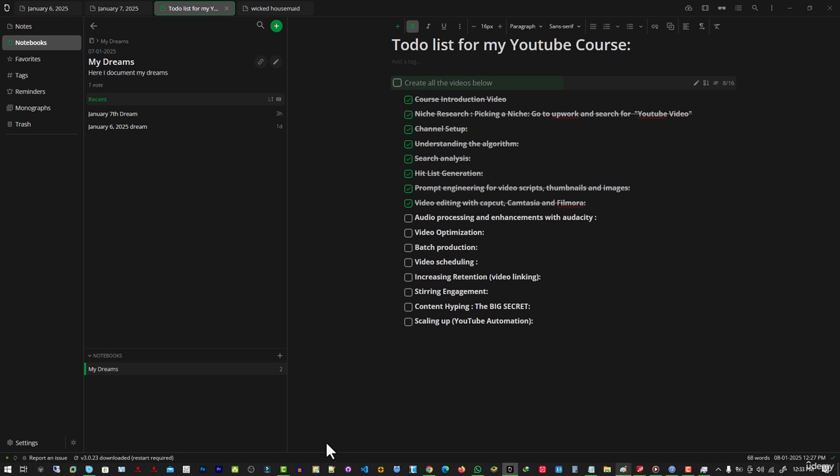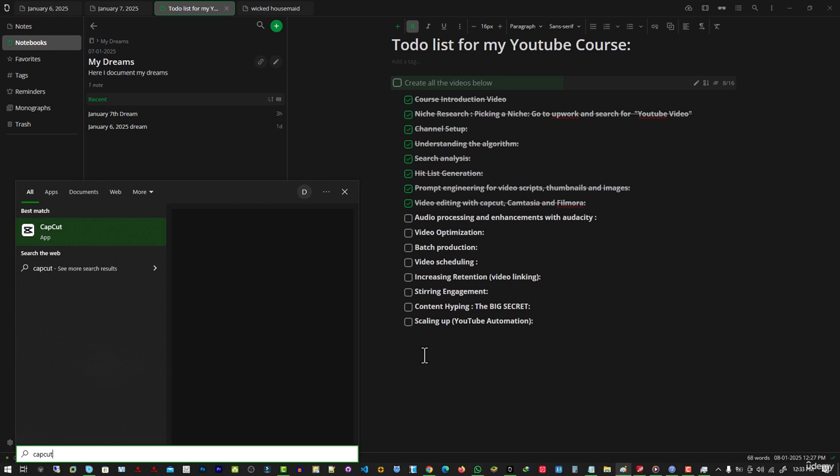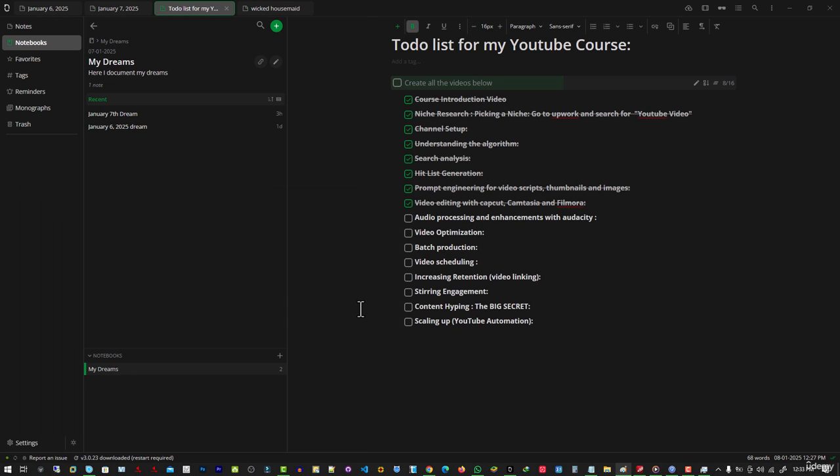So I'm going to open up CapCut real quick. I'm going to type in CapCut. I'm going to open it up just to show you what it looks like from the inside. I'm using the PC version and I'm using the free version. You can also use the free version to achieve whatever you want to achieve. Most of the features that are premium, you might not need them in the long run because most of the ones that are free will still be fine for you to achieve what you want to achieve on your YouTube